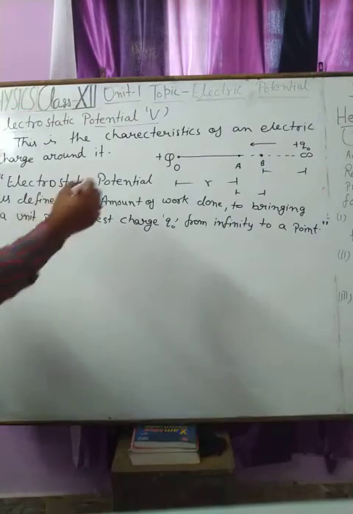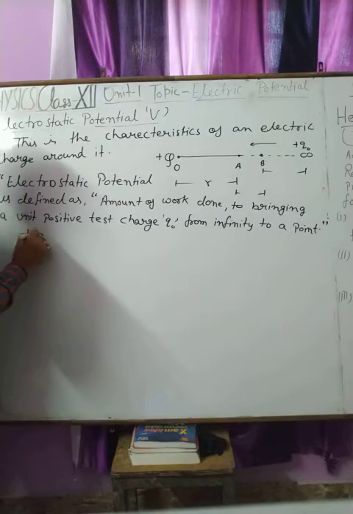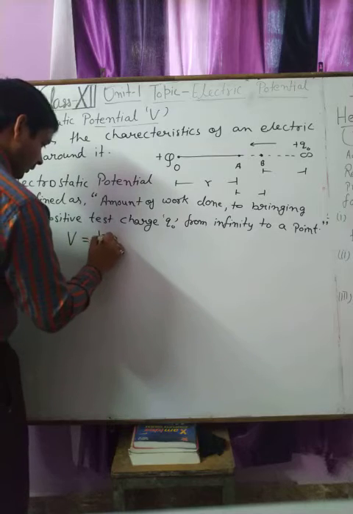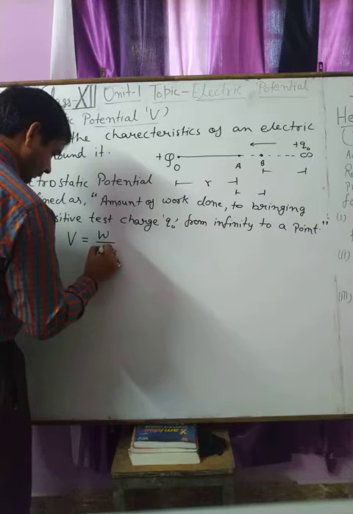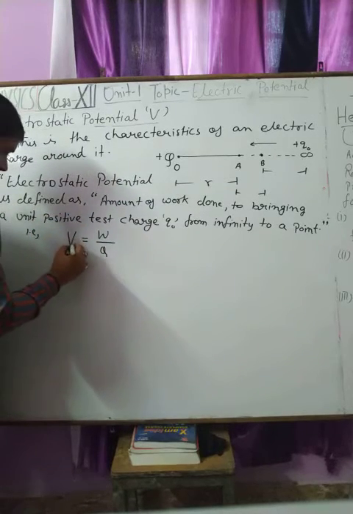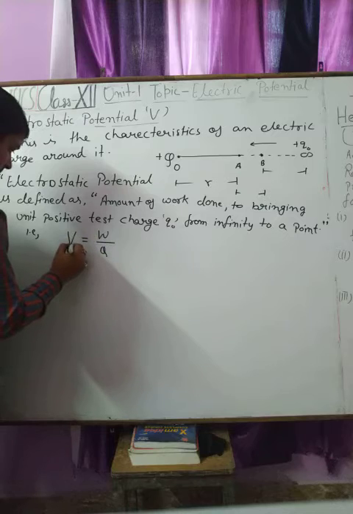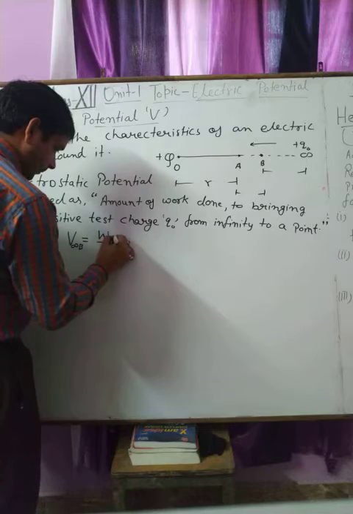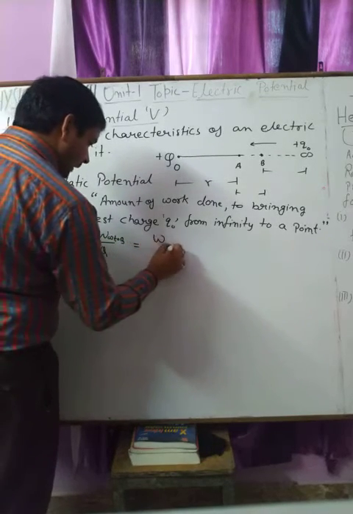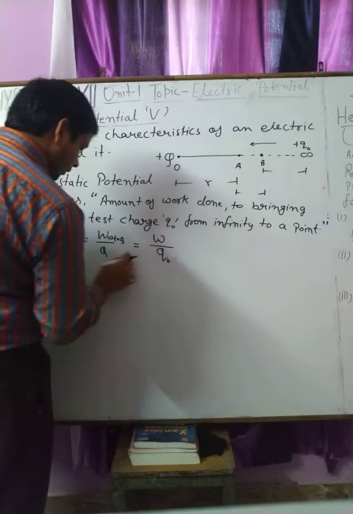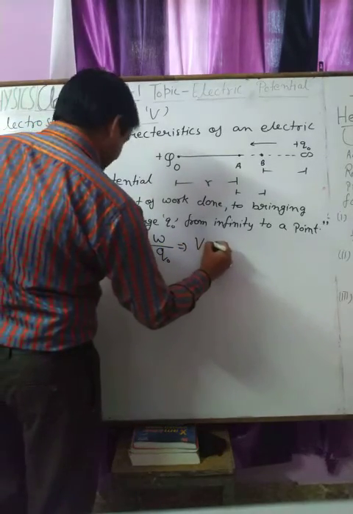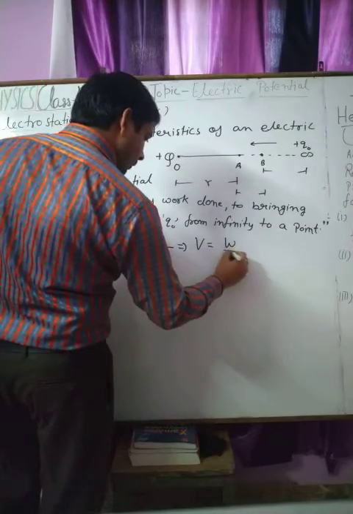That is, electrostatic potential is equal to W upon Q, taken from infinity to B, or simply written as W upon Q naught. So the potential is W upon Q naught,